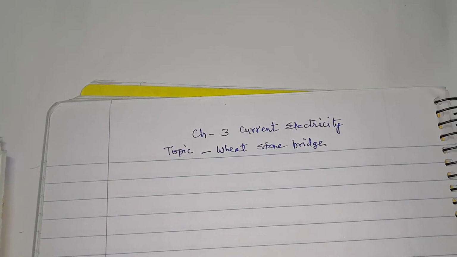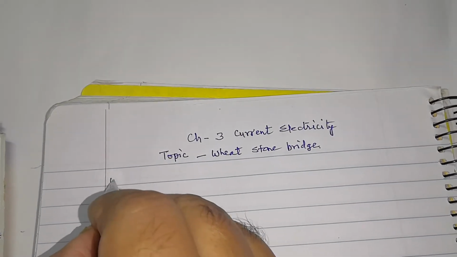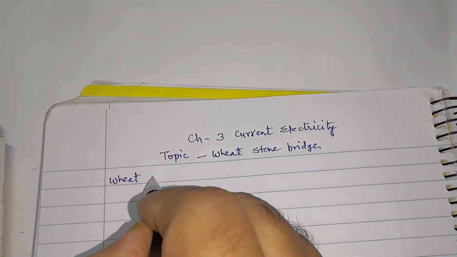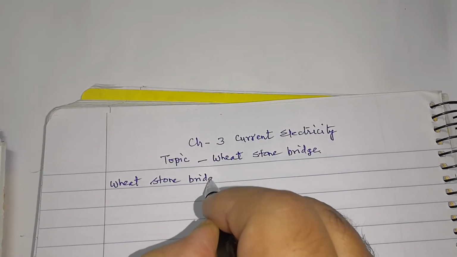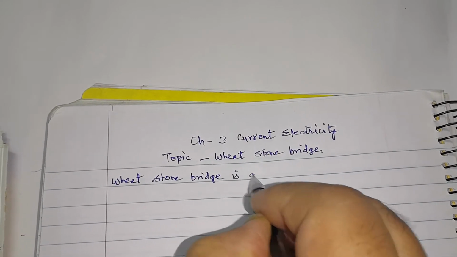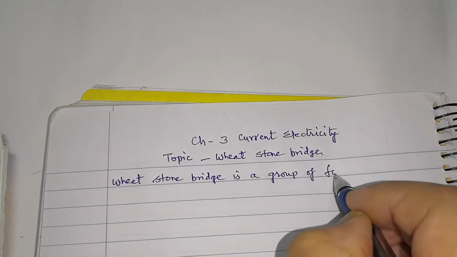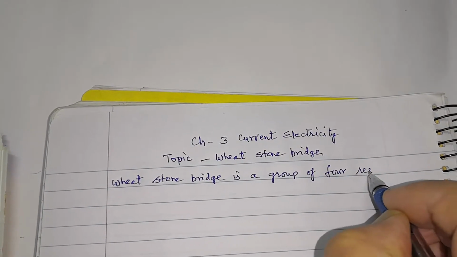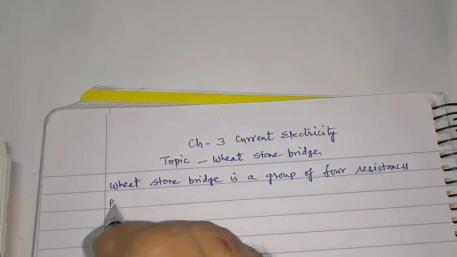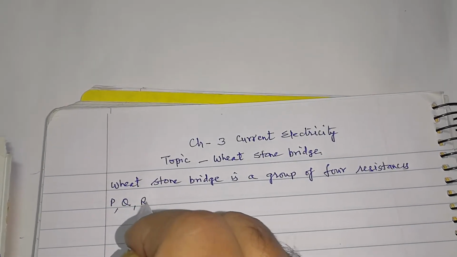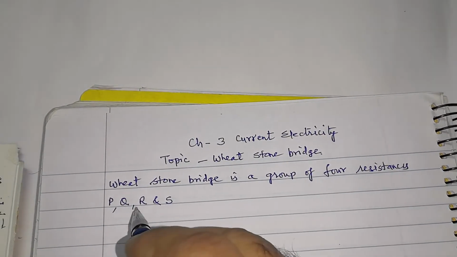Wheatstone bridge is a group of 4 resistances. So let me write: Wheatstone bridge is a group of 4 resistances P, Q, R and S,